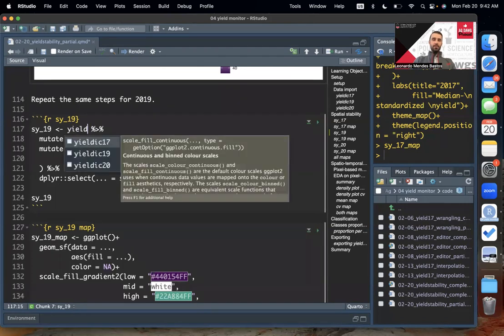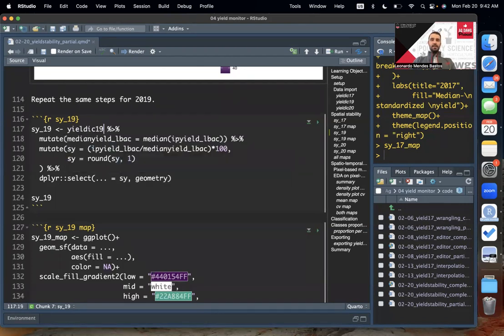That's going to be yield IC19. Everything else is the same: we're extracting the median of this year first, and then doing the ratio and rounding. The other change you have to make is that I want to call